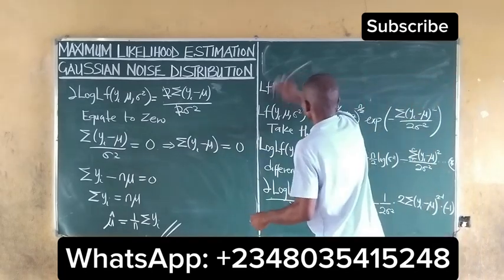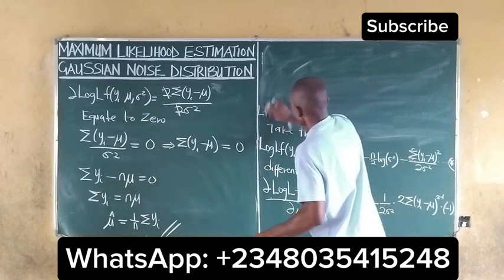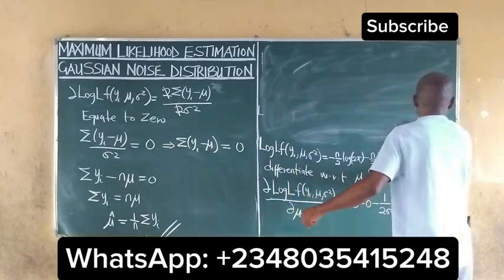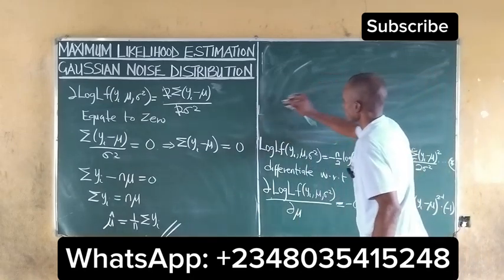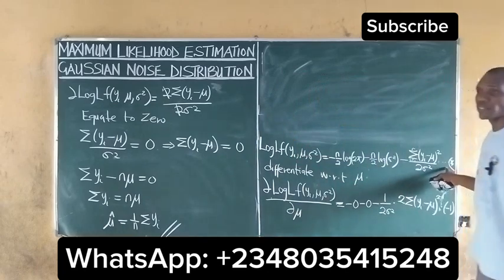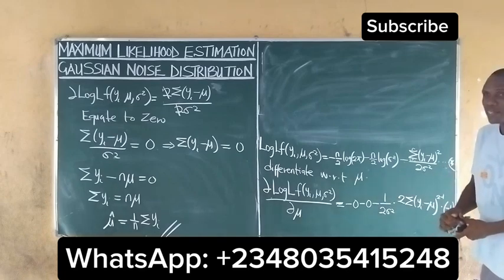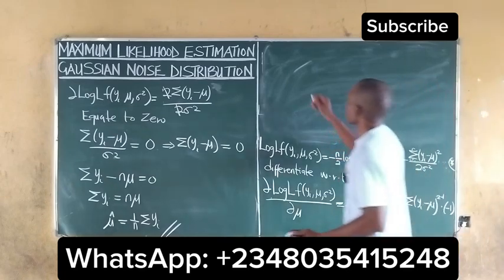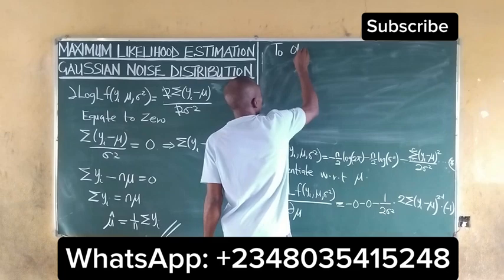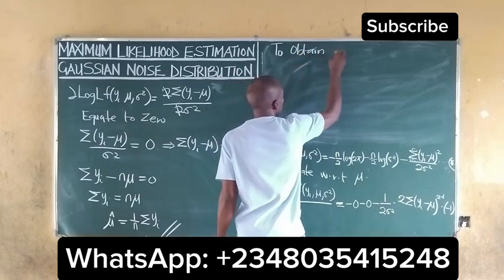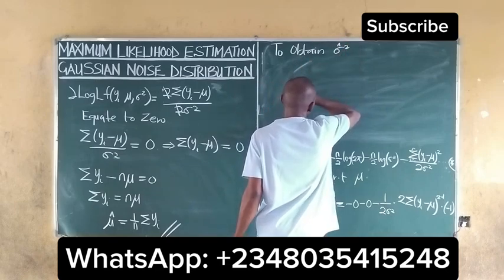Now we move over to where we can get our variance. Of course, like I said, we'll come back to equation star. So to obtain the estimate of sigma squared,